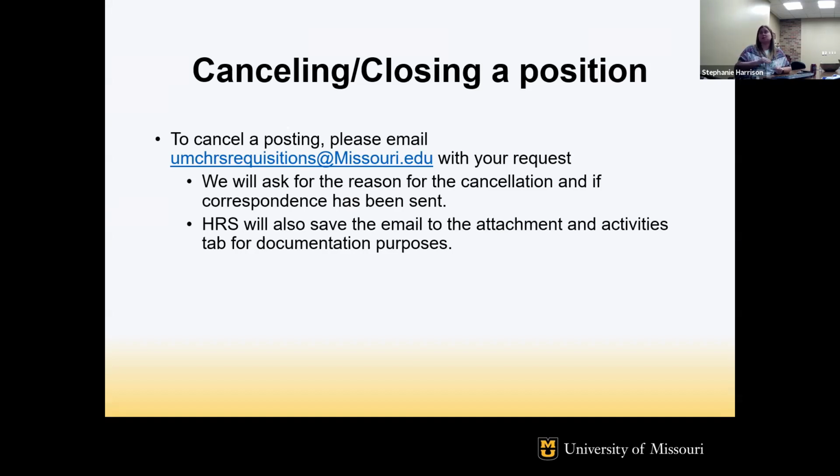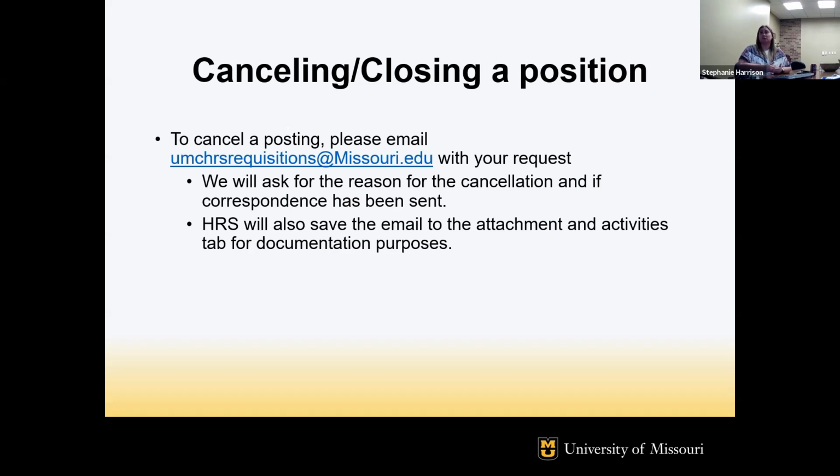We're also going to make sure that correspondence has been sent out to the applicants, letting them know that this position isn't going to be filled. Or if we're going to close this one out and repost it under a different title, you can include that information in the correspondence you send to the applicants. You can say, we're not filling it at this title, we're going to repost it as this. If you're interested, please watch for it.